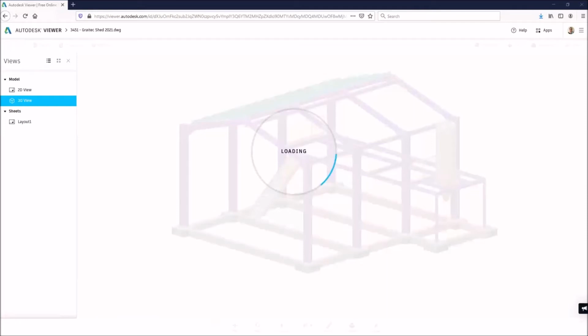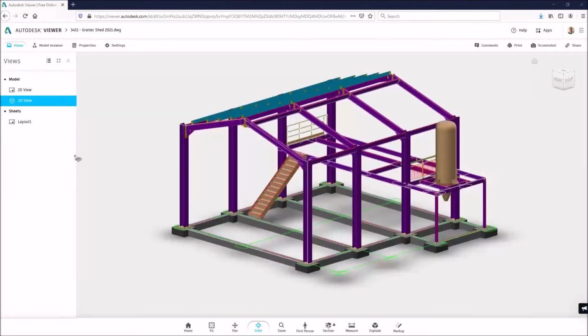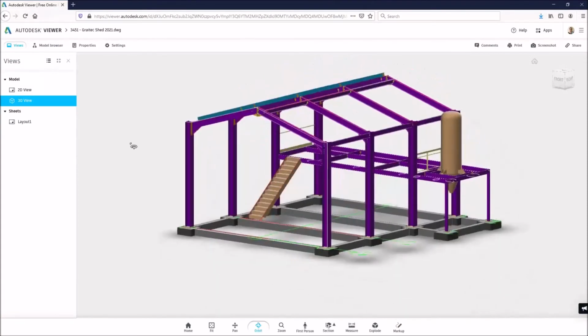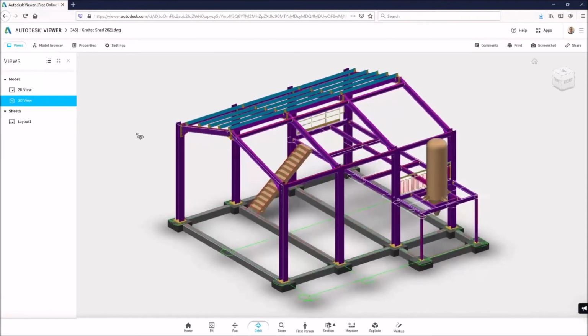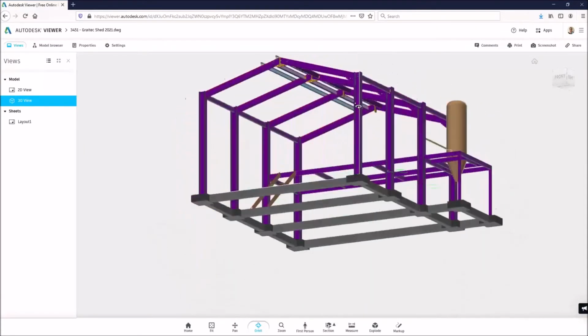Just wait for it to load. Okay, so this is my Advanced Steel model done through the web browser. So you can see that I can zoom,